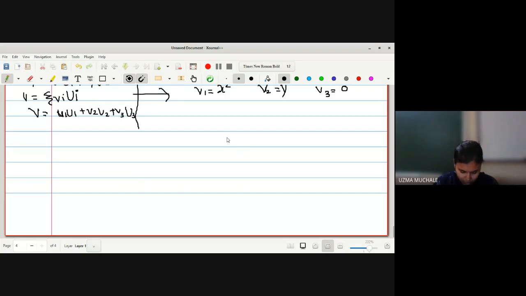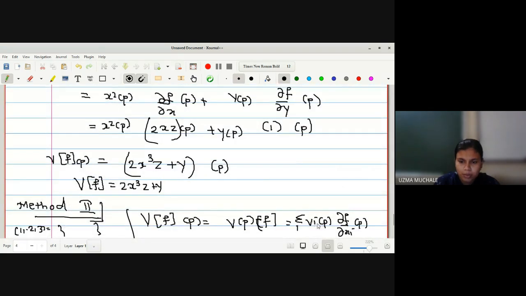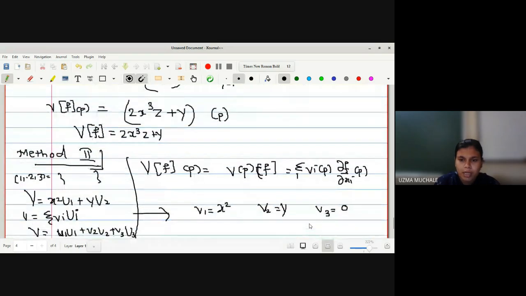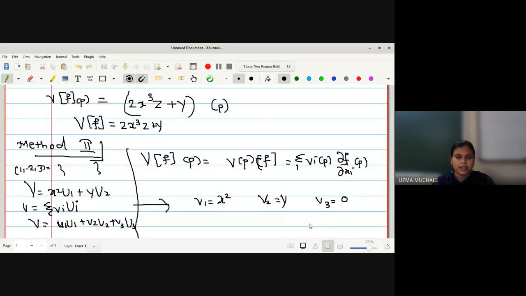Okay. So in that way, you have to use these v1, v2, v3 in your formula. You can see here, this is your formula. In this formula, you have to use the values of v1, v2 and v3. That's why I have written this. You can write the reason here from the initial lectures. You can write down the statement of that theorem, that any vector field can be written as a linear combination of a natural frame field. So by similarity, the value of v1 is the coefficient of u1, the value of v2 is the coefficient of u2, and the coefficient of u3 is absent, so we can say v3 is equal to 0. Okay, so let me write down the formula.